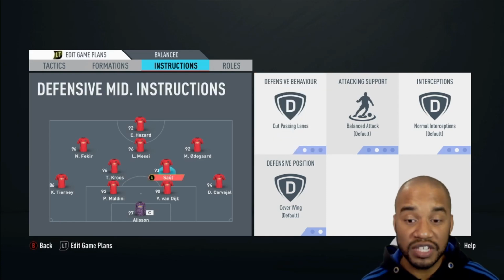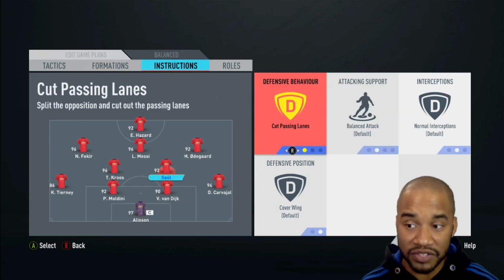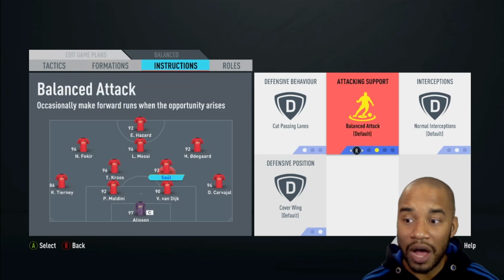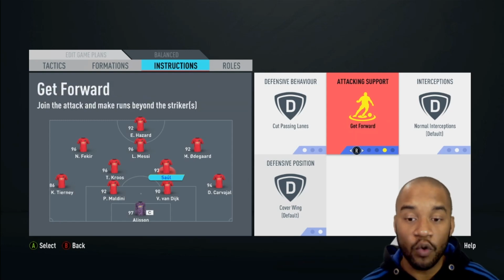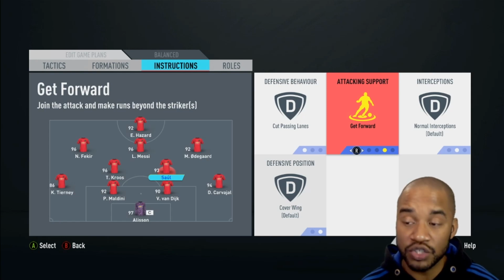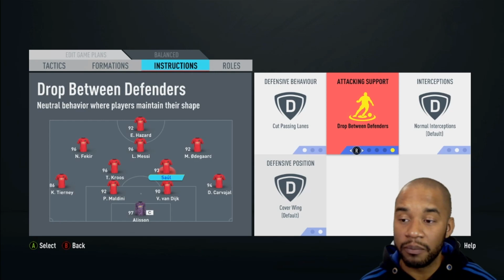I would say for your CDM, if you have a centre defensive mid who's very, very defensive, cut passing lanes and stay back while attacking. I will not tell them to get forward, because you're in the 4-2-3-1. You have support going forwards already, so you don't need them to get forward. You have another defensive